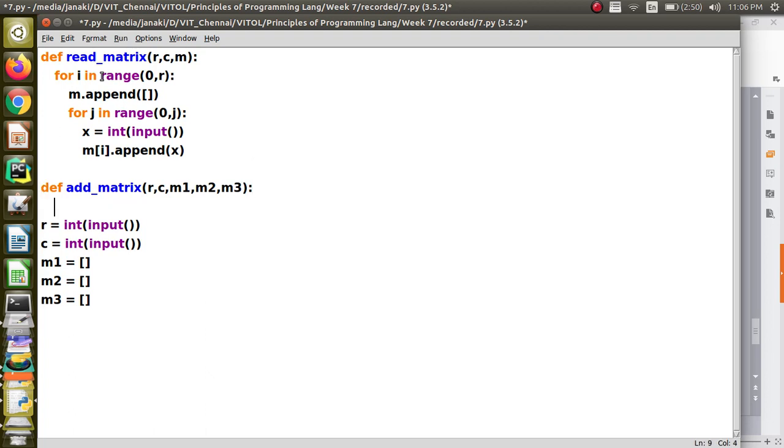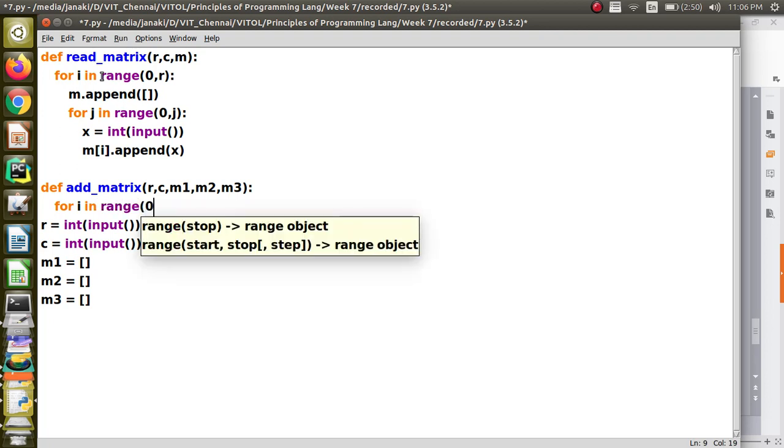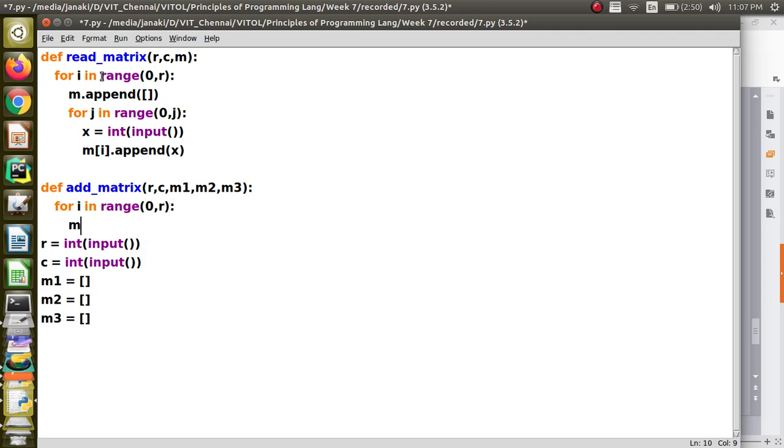All these will come as arguments, and then we have to create a row in the third matrix, because that matrix is going to be built now. So you have to say M3 dot append of empty list, and then, this should be inside this only, for j in range of 0, C.